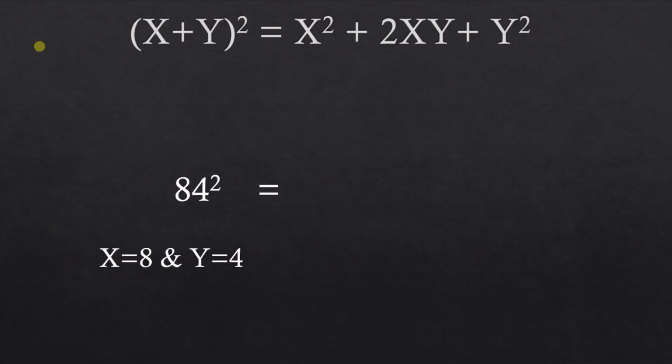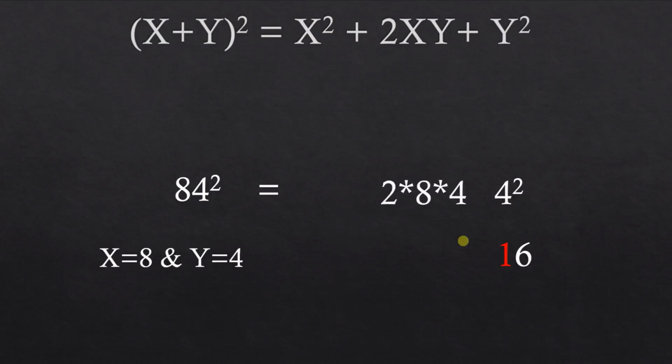We are starting from the right, that is y square. In this case y square, that is 4 square. 4 square is 16 and we are writing 6 and carry forwarding 1. This place is allocated only for a single digit, that's why we are carry forwarding 1. Okay,